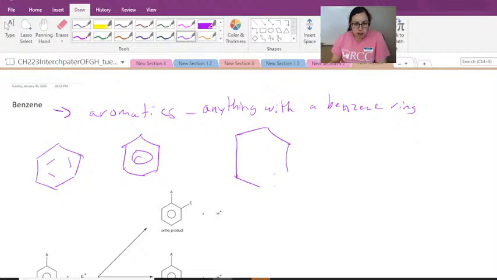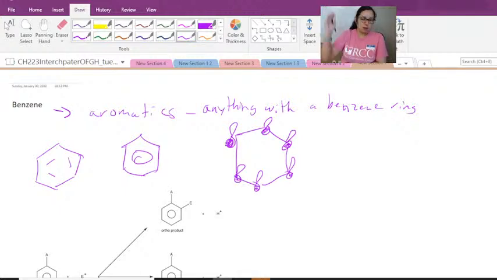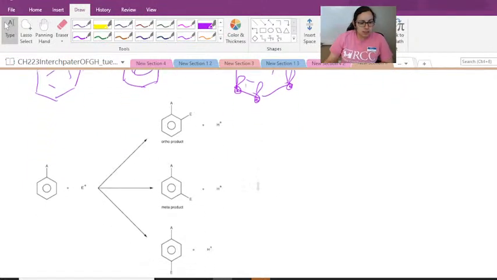And then thinking back to MO theory, the reason it's so important is you have all those pi, your p orbitals, so we could call it probably pz, going up and down. They're all in phase with one another, so you can have that delocalization, and your electrons essentially running around that whole ring. So that makes it super stable. But you can still have some